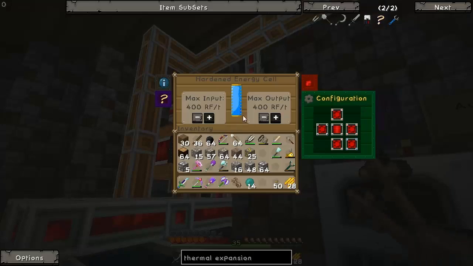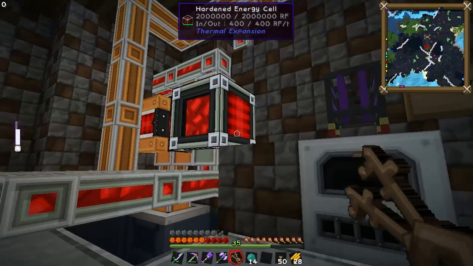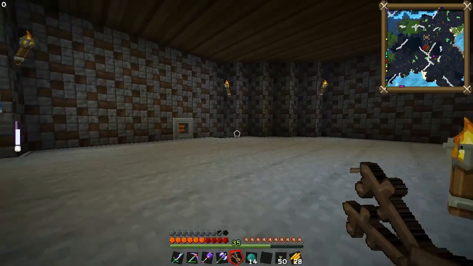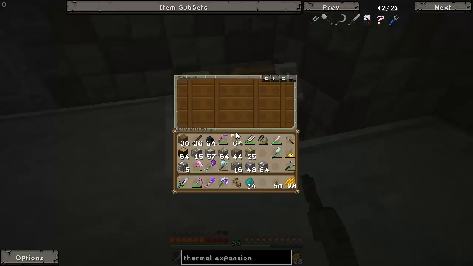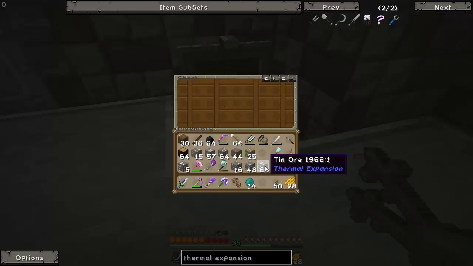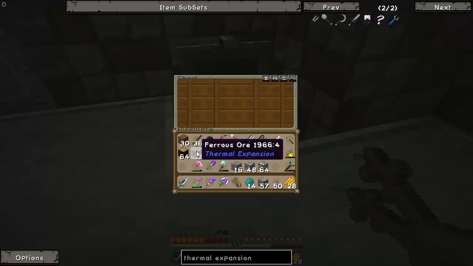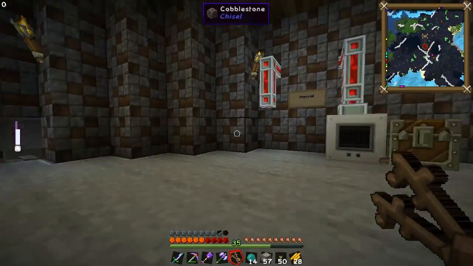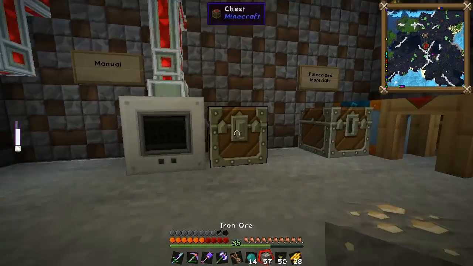Oh, looks like my energy cell has been fully charged up. How are we doing on power? All right, cool. We got blocks of coal. So what I'm gonna do, I'm gonna throw in all of the ores here. Let's do all but this iron here, because I might actually plug that into another machine. So let's throw those in there, get that sucker going, plug it in,